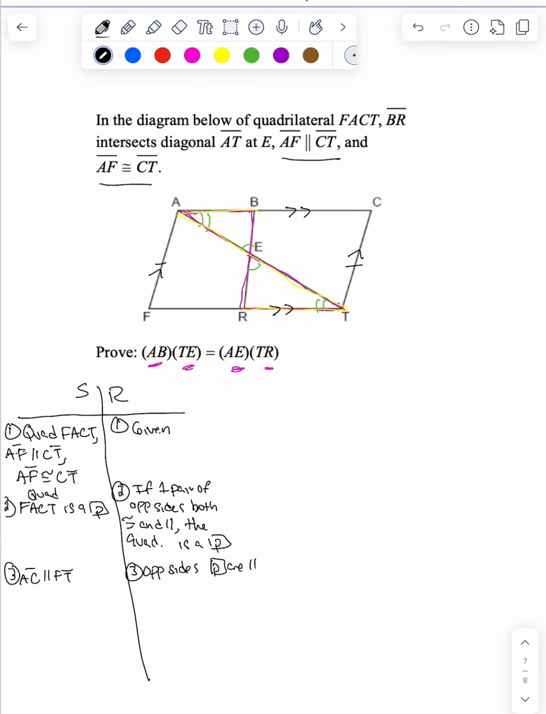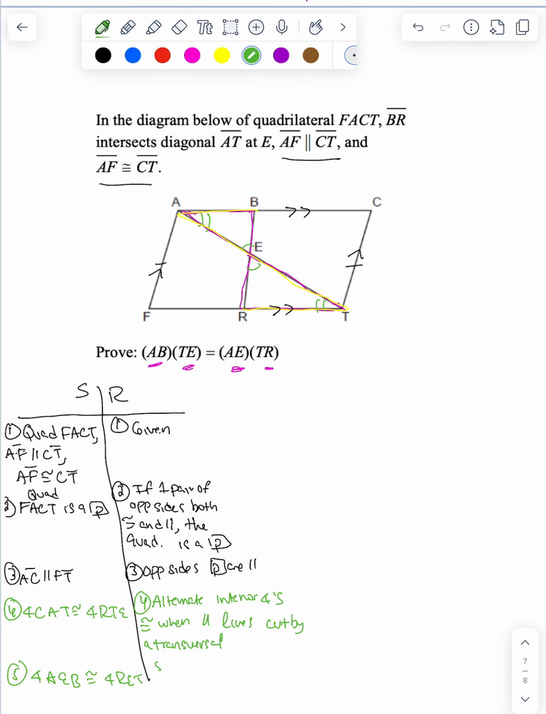And now that we have that those sides are parallel, we can say that the alternate interior angles, angle CAT and angle RTE, are congruent. And that's because alternate interior angles are congruent when we have parallel lines cut by a transversal. And then for our second pair of angles, we were using the vertical angles, which are really nice because they're always congruent. So that's angle AEB and angle RET. And I'm going to put our reason: